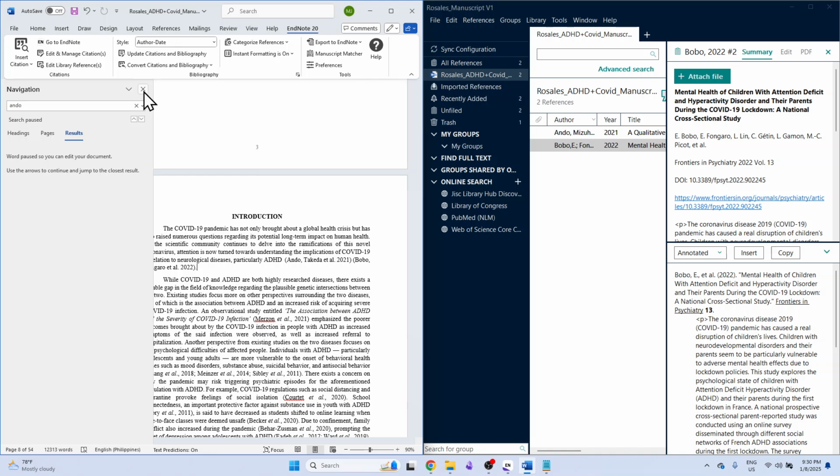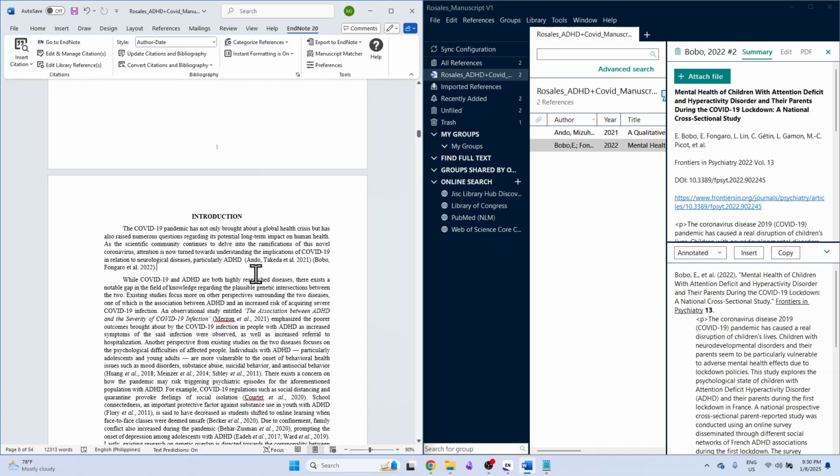What else? For example, so this one. Let's try adding more references, no? Kasi sometimes you would want to group certain references together. So how do you do that?